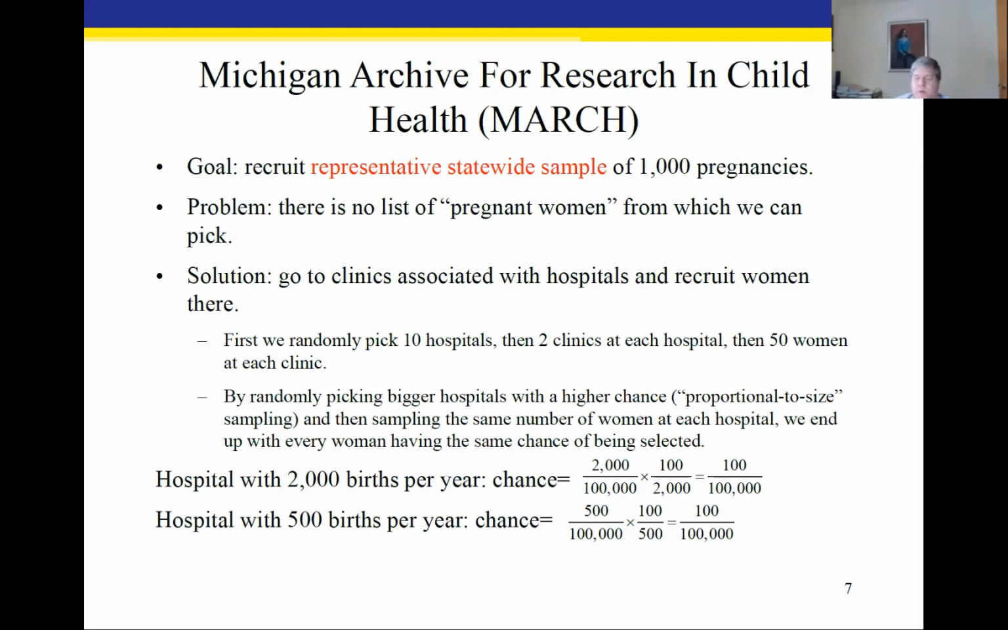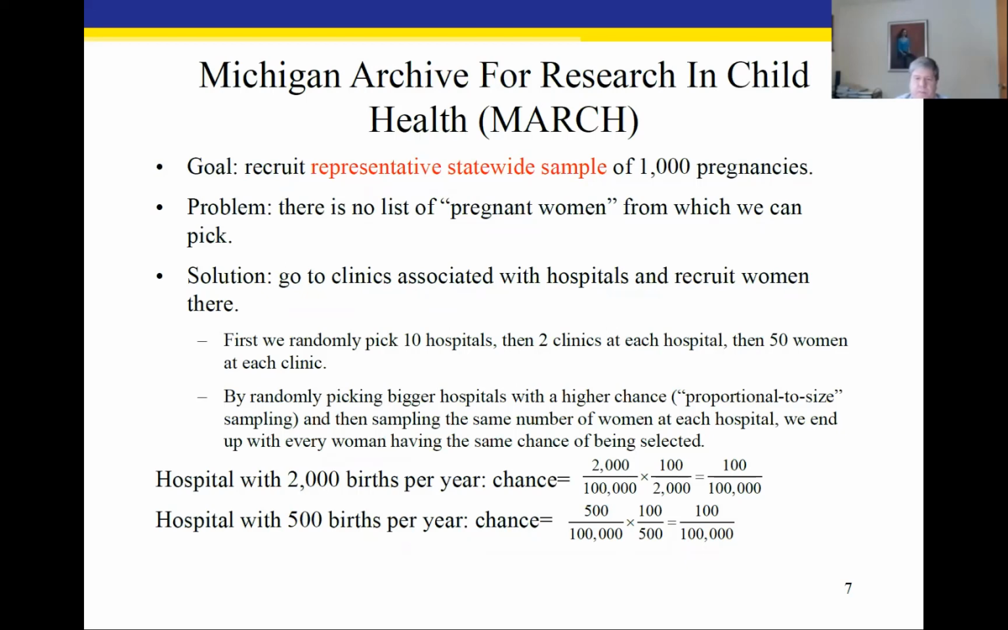So we randomly picked 10 hospitals and then a couple clinics at each hospital. Some of the times we've had to go down to one clinic. But generally we've done 2 clinics at each hospital and then 50 women at each clinic. So there's a little bit more